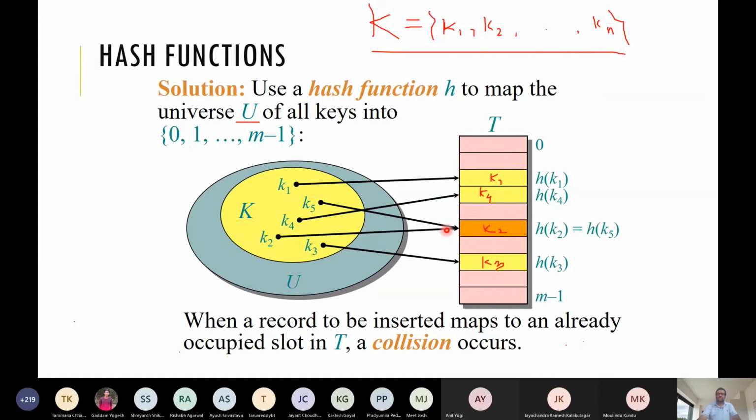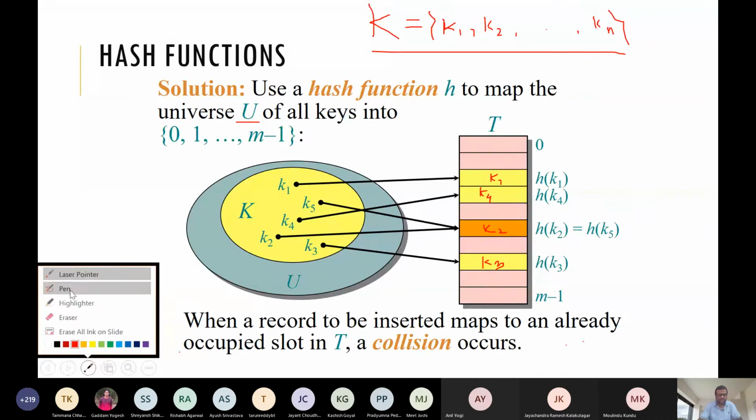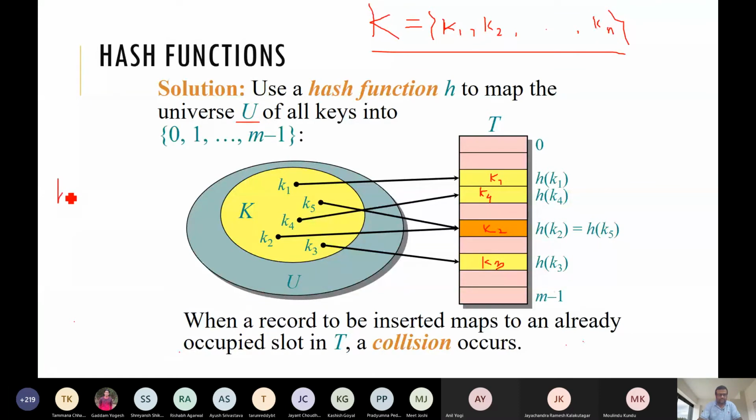Why is that possible? Why is that natural? I mean, why will the collision occur? Why can't we avoid collision? What is our h? h is a function from U to T. T is basically this set, an array of 0 to m minus 1.